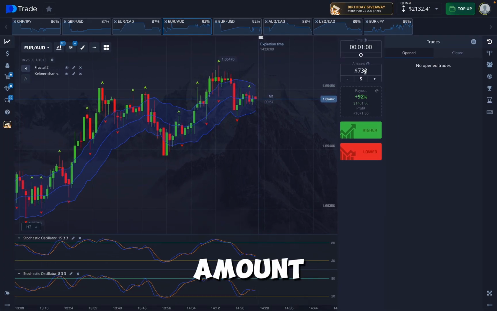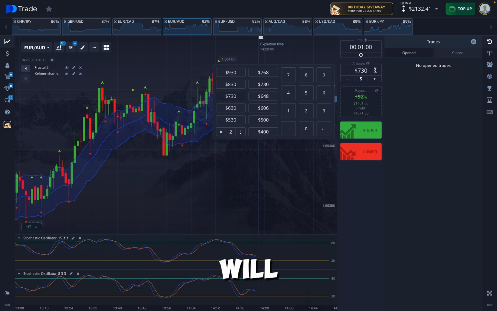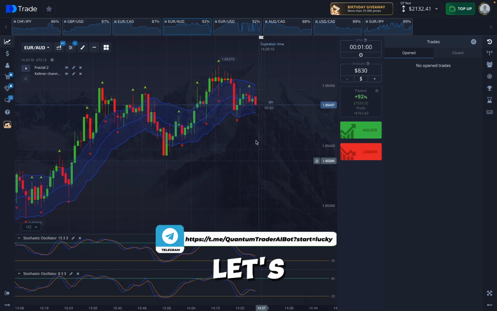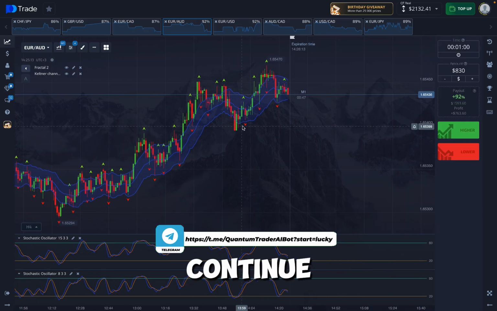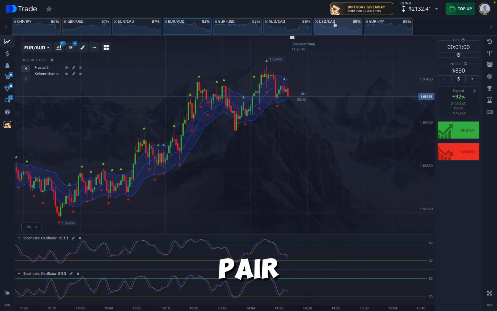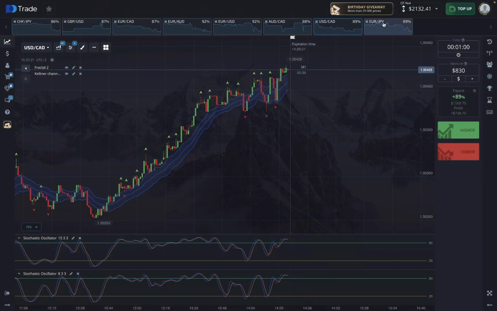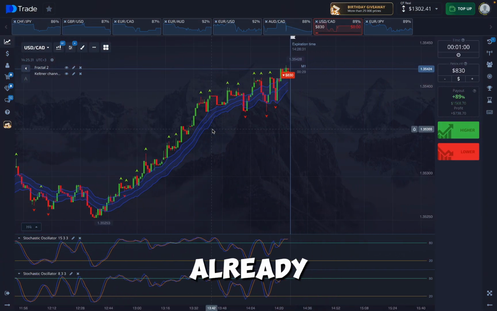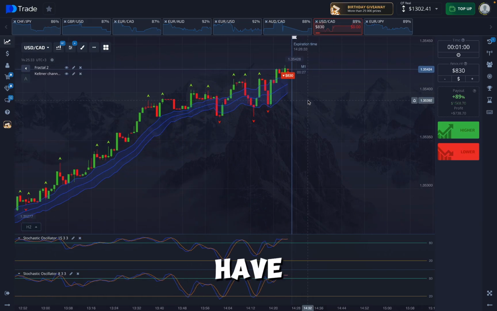I will change the amount of the trade. I will probably put $830 per trade. And actually, let's continue trading. I will continue my further analysis and pick up the following currency pair. And here I'm going to open a trade on the downside, already against the trend, but here I have the formation